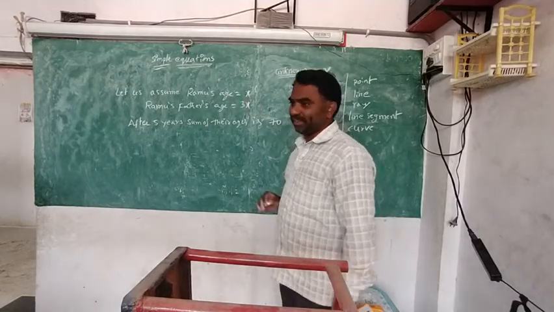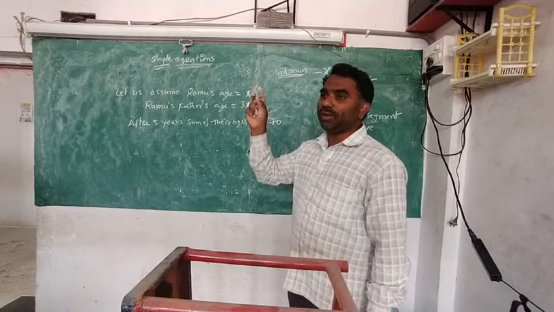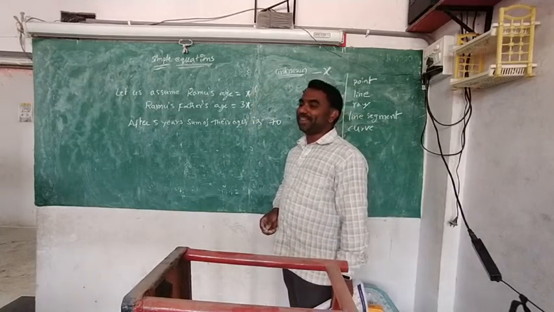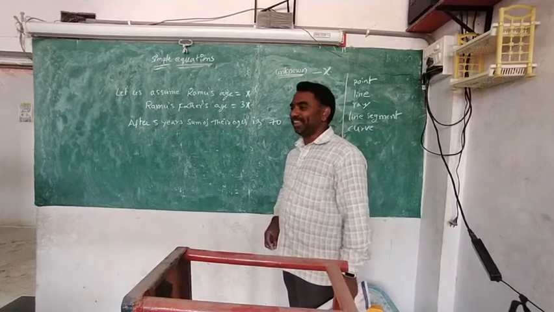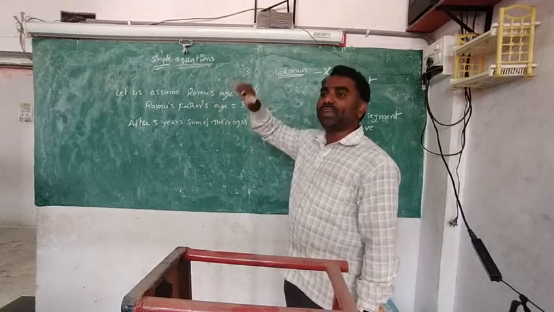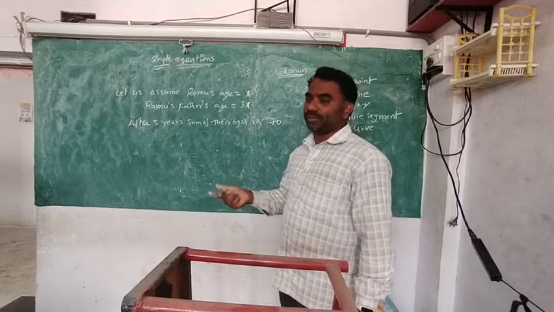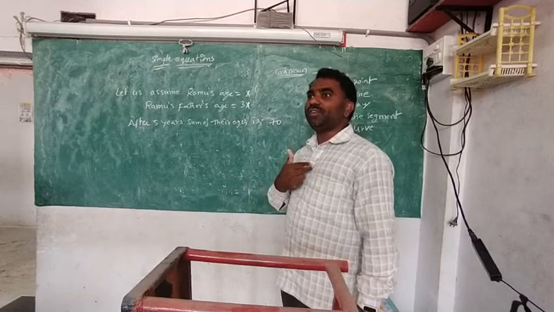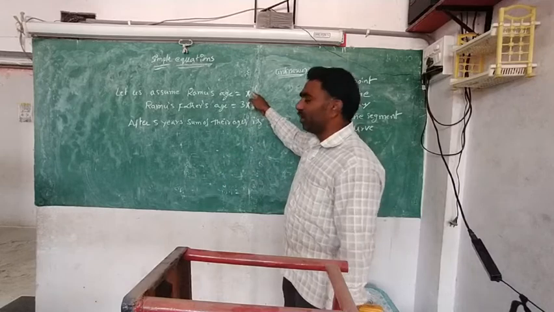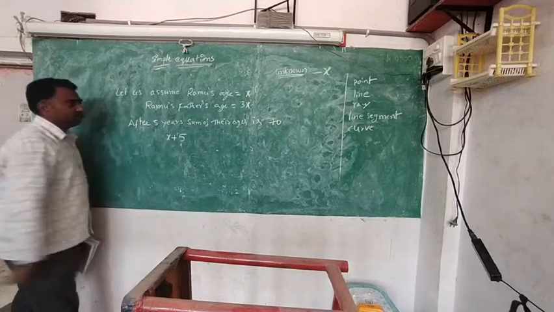Now the present age is x. After 5 years, what is his age? It is not like x, y, z, w. It is not alphabet order like a after b; it is mathematics, 1, 2, 3 like that. x after 5 years means after 1 year x plus 1, after 2 years x plus 2, like that. After 5 years means x plus 5. Now if my age is 40, after 5 years it means 45. How do you get it? By adding 5. Like that. So Ramu's age is x plus 5.